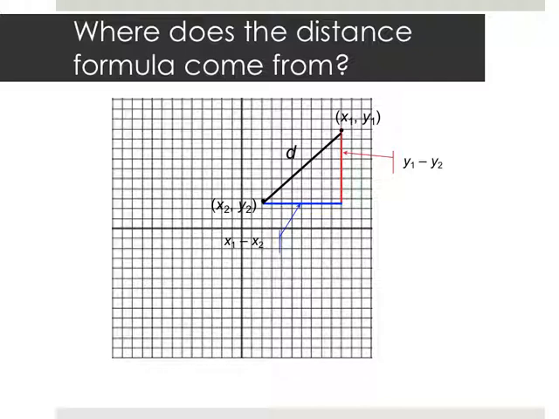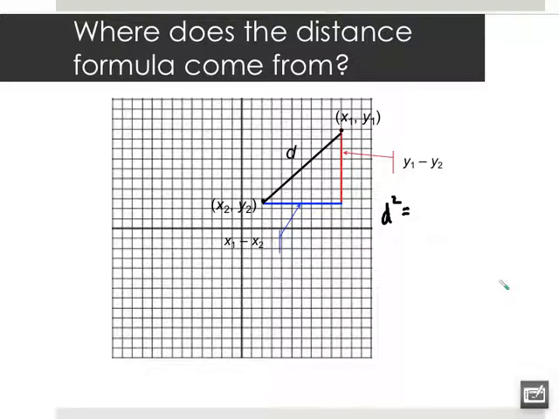Is everybody with me? Speak now or forever hold your peace. You're okay with where these values came from? Top minus bottom, right minus left. If I apply the Pythagorean theorem, which one's the hypotenuse, by the way? The black, the red, or the blue? Black. Good. So then if we apply the Pythagorean theorem there, we get